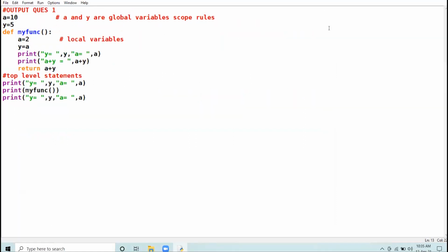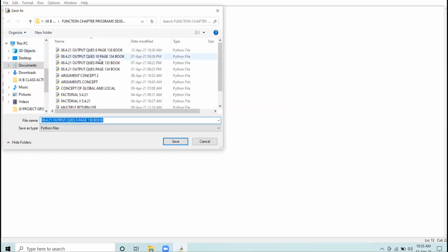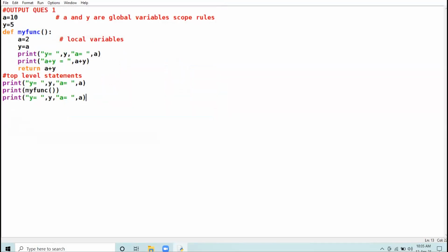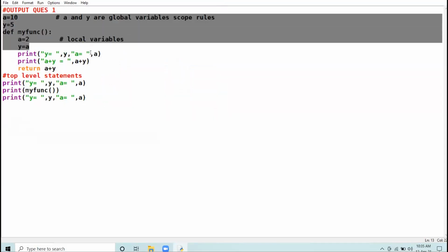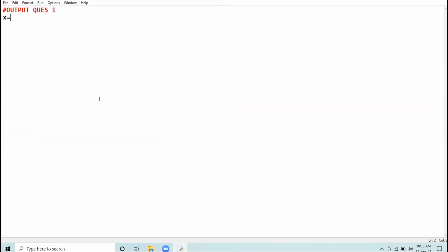Now I go with another question. From that question, your concept will get more clear. I am taking x equal to 20.